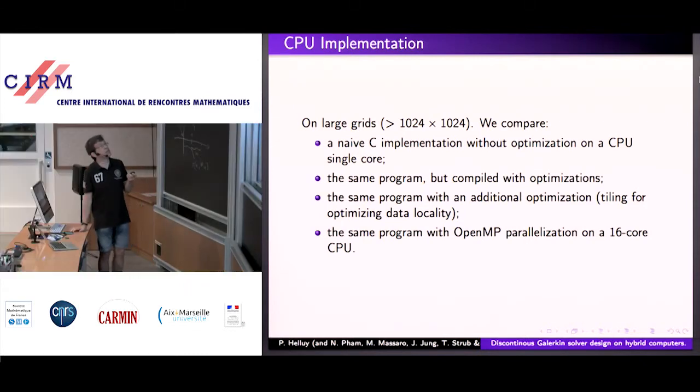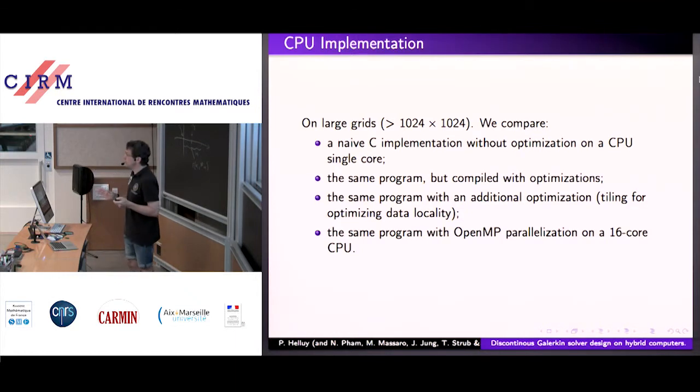So first, a naive C implementation without optimization on a standard CPU with a single core. Then we take the same program, but we perform a very simple optimization, which is simply to activate the compiler optimization. So this will be the second